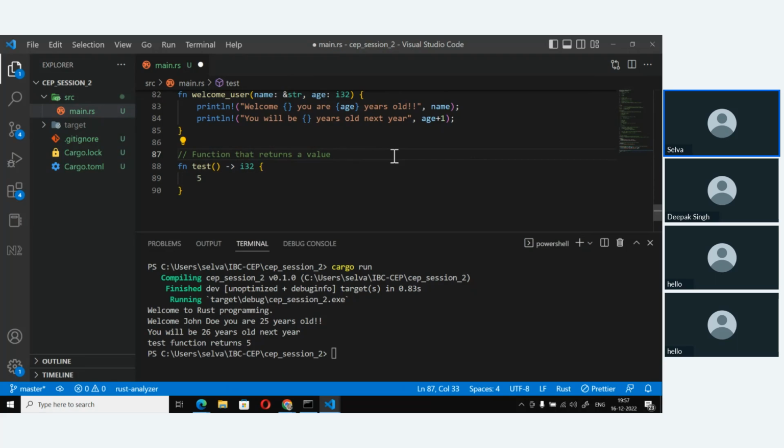So let's do one thing. We'll call this transfer value and return 5 like this, using the return statement. We'll write another function, test2,